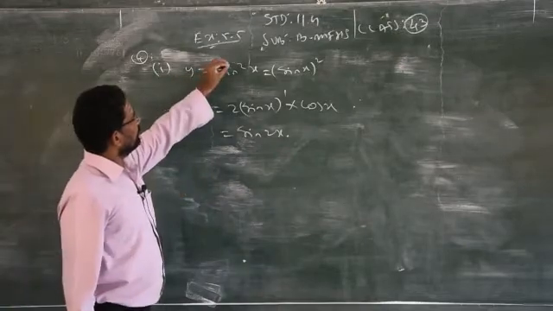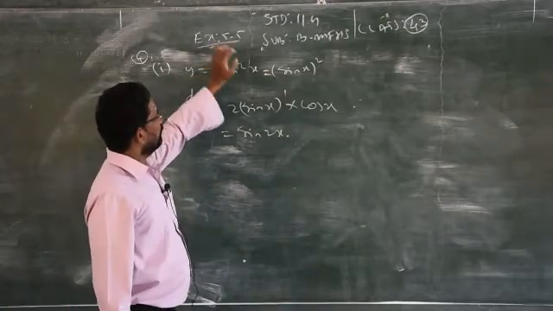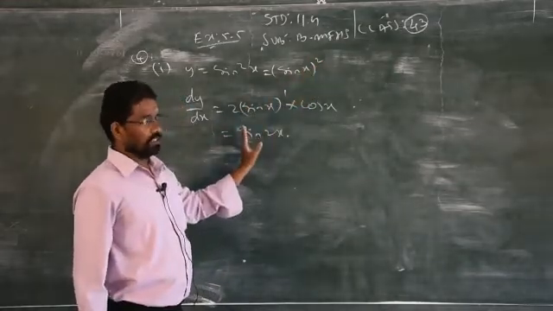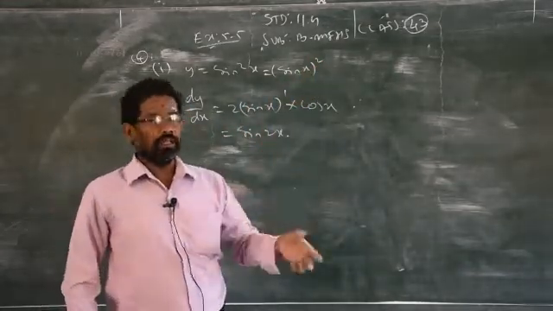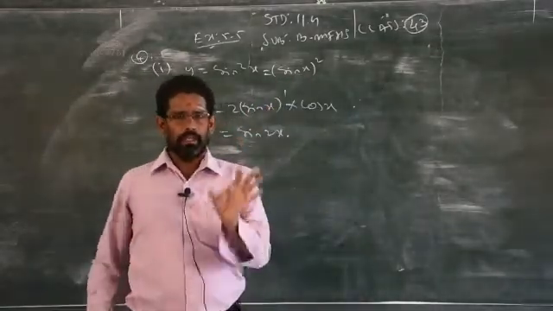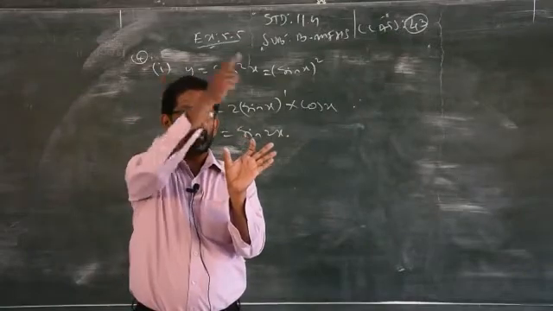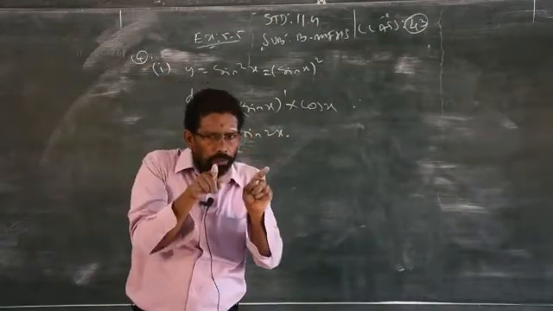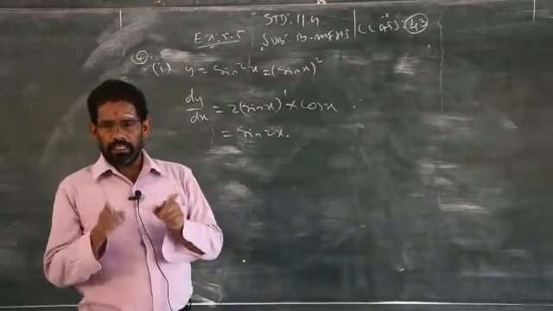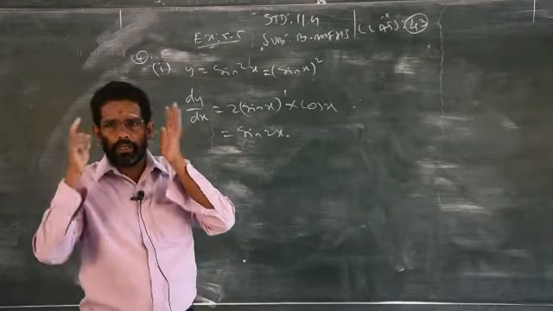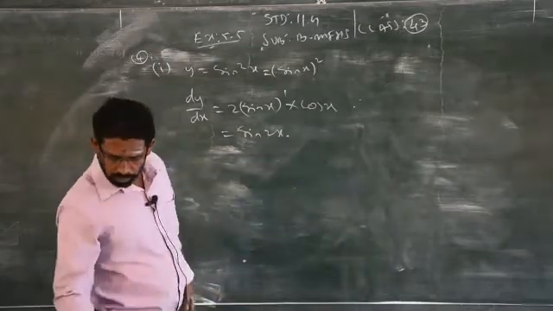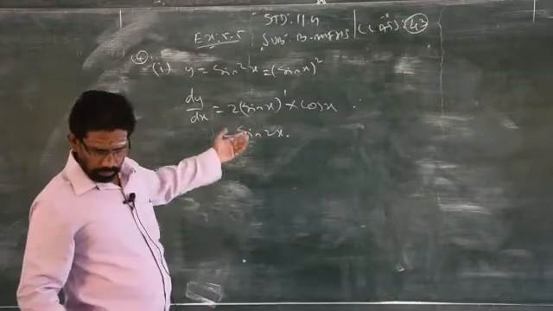So be careful, if there is a square or whatever other power, you have to write the ratio whole to the power, what is given. Then normal differentiation. First you have to differentiate the power, then you have to differentiate inside the bracket. That is the rule under the derivatives. If there is any power, first you bring the power as a multiplier, then you differentiate inside the bracket. Clear? First power, then inside the bracket. Keep that in your mind. Refer to the formulas for ratio in the book. So sin square cos square x, that is homework, same model.